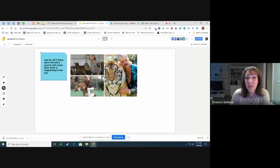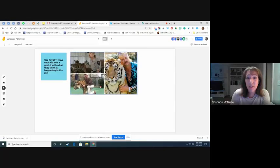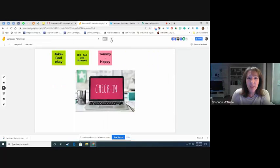But yes, you could have each kid post a different Post-it note to brainstorm about an image. It would be a fun activity. I was even thinking, like, for advisory and all the teachers that are meeting with their kids, you can have them do a check-in. Another sort of flaw that I will address later that I'm begging Google to fix is